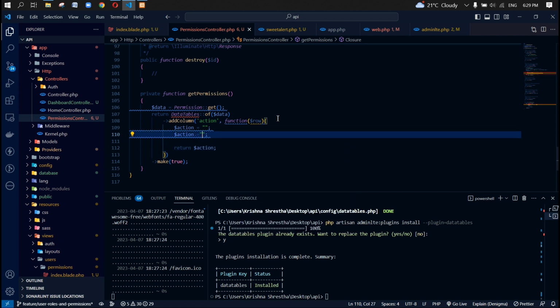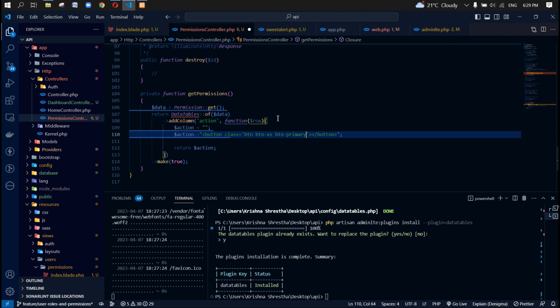So we are going to add the button here. Let's pass the class as button, sm or access. Let's do access,